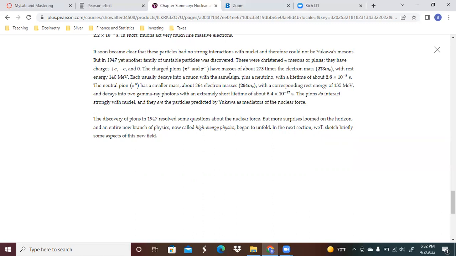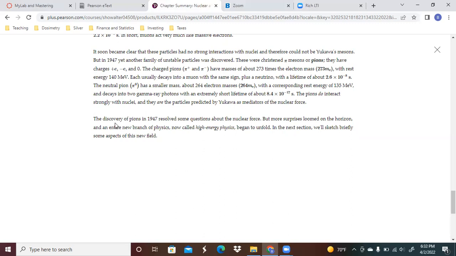Each usually decays into a muon with the same sign plus a neutrino, with a lifetime that's pretty short. The neutral pion has a smaller mass, with corresponding energy of 135 MeV, and decays into 2 gamma ray photons. The pions do interact strongly with nuclei, and they are the particles predicted by Yukawa as mediators